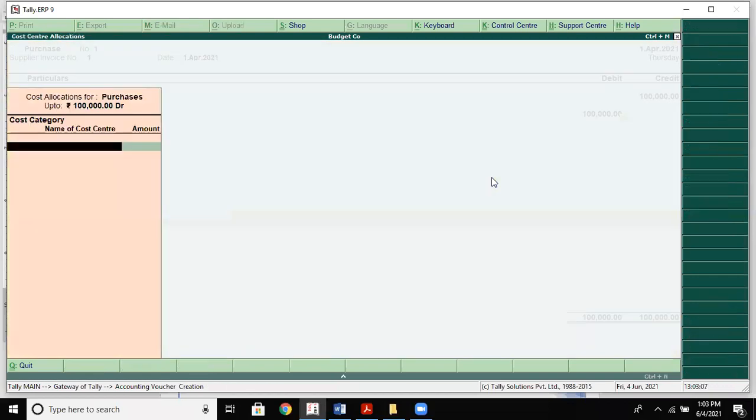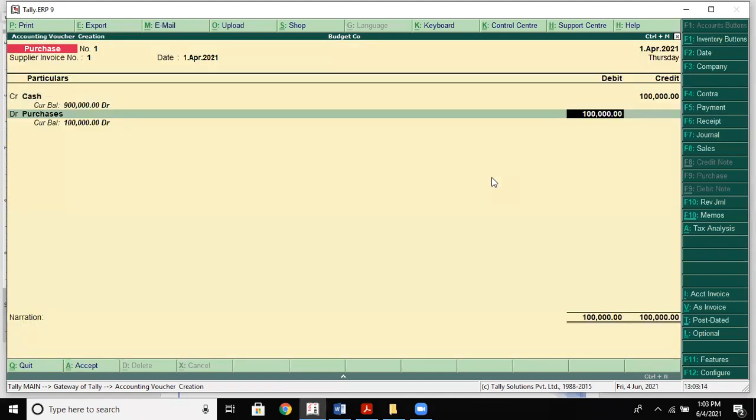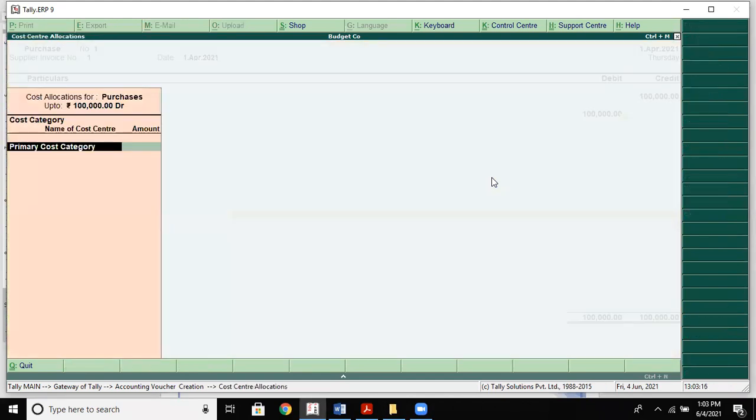Purchases. Cost category not applicable. So cost category, let's create it here.